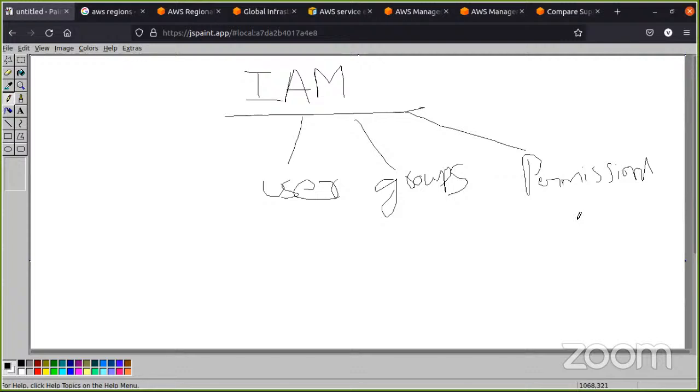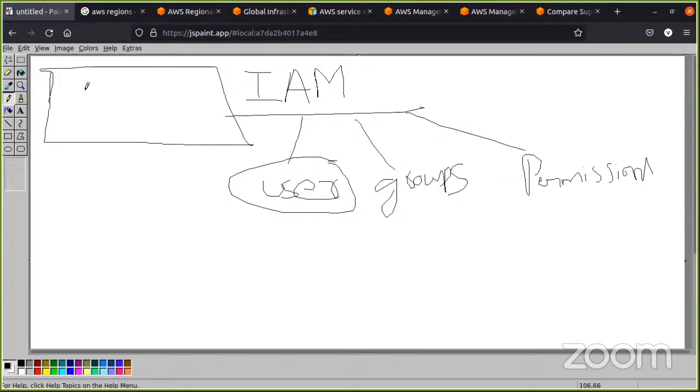So remember that, guys, you can create users in IAM. What are users? You need to understand. When you create an AWS account, let's say this is AWS, when you create an AWS account,